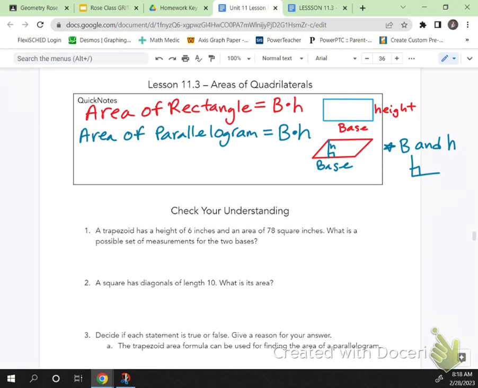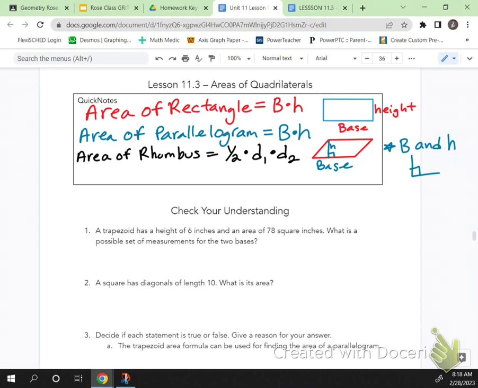The area of a rhombus comes from the diagonals. It is half times diagonal 1 times diagonal 2. So D1 is diagonal 1, D2 is diagonal 2. We'll make a little